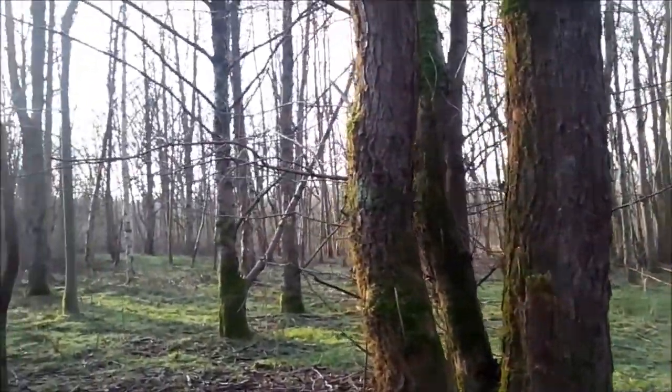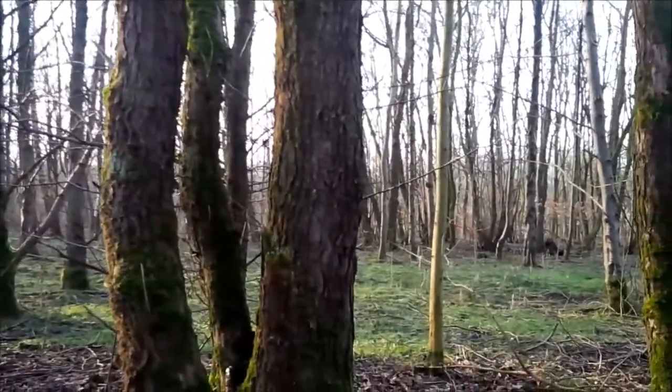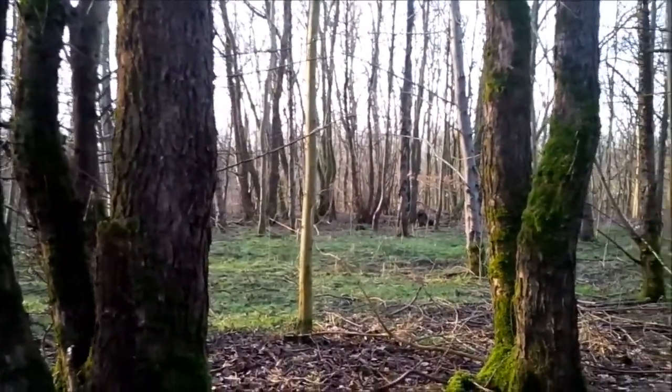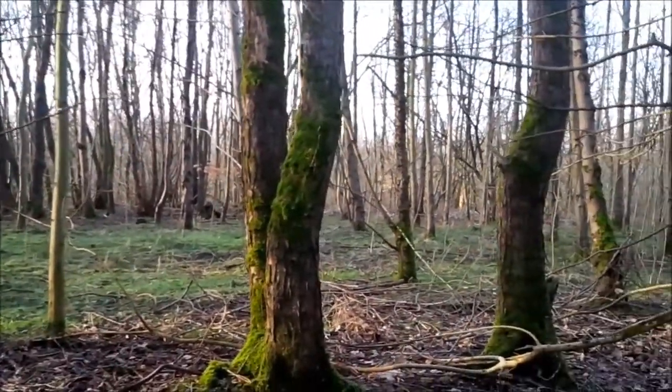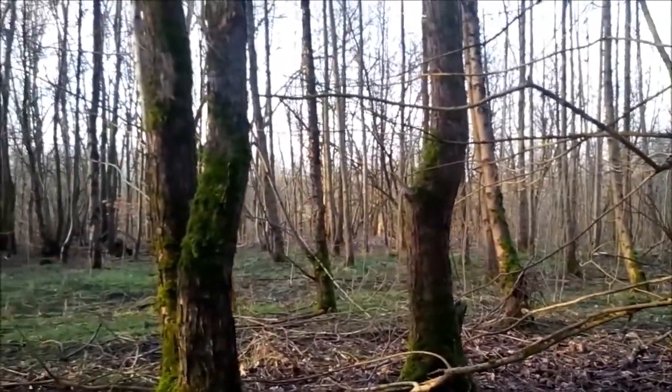So again, this area where I've decided to stop and have some brew and breakfast, there's lots and lots of saplings everywhere. It's not a great cam this, so you probably can't see them, but there's literally hundreds of them. And I mentioned this in the last video, and